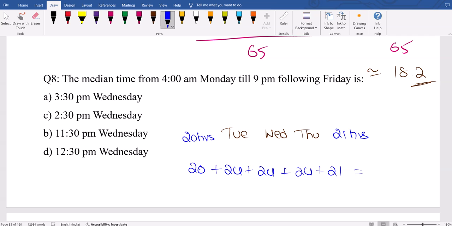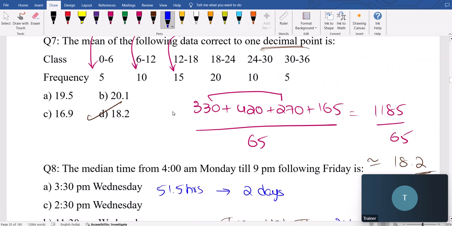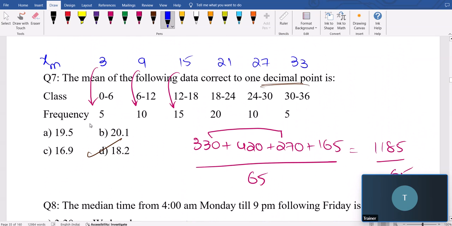This is anyhow in ascending order only, right? So 92, 103 divided by 2 means 51.5 hours after. 51.5 hours means 2 days, means we have to enter into